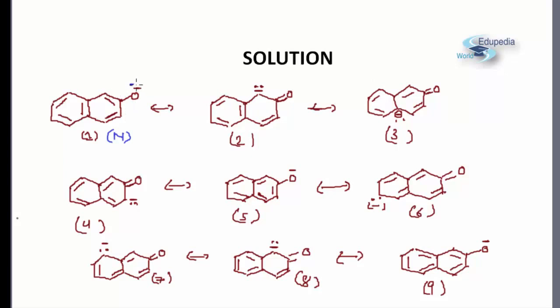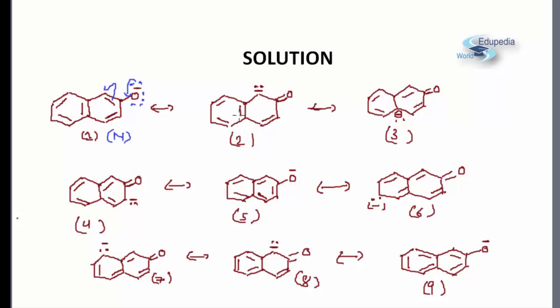We can see there are 1, 2 and 3 lone pairs on oxygen atom. So there is a pi sigma lone pair, pi sigma lone pair conjugation. So we'll move this pi bond over here, and one of the lone pair forms a double bond like this. Okay, from this we'll get this second structure. This is our second structure. There is a negative charge over here, you can see.